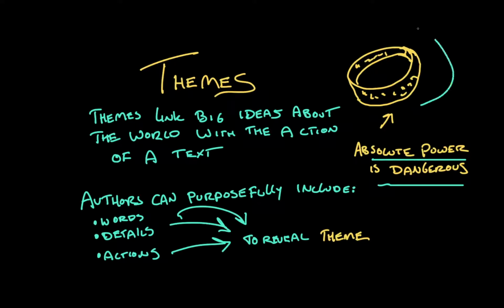It's how the plot is shaped around this object, and how a group of people come together to identify this ring as a dangerous magical artifact that needs to be destroyed for the good of the world. It's not just dialogue, it's also descriptions by the author and actions taken by the characters. So let's go through some of the ways that an author can develop theme within a story, with the important caveat that you won't always be able to detect a theme in a text until you're already finished reading it for the first time. This, to me, is one of the great pleasures of rereading. You've already worked hard to get an understanding of the text, so now you can go back and pick up all the stuff you might not have noticed the first time.